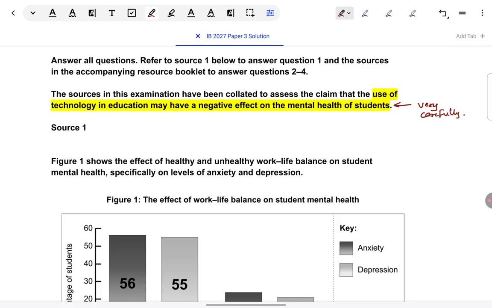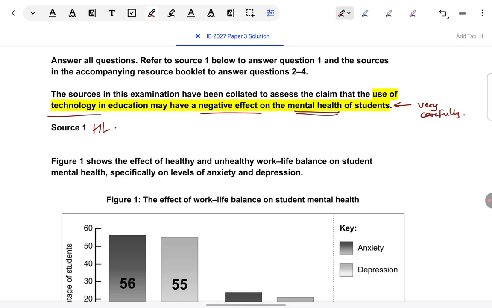What they are saying is technology has come into education. In your HL content, you've learnt about technology, and that they believe is having negative effect on what? Mental health of students. That is getting impacted because of technology. So, in my own words, what I would think is there is something bad which is happening to the mental health of students, or somehow students are getting mentally disturbed or challenged because of technology. That is what these sources are going to try and support.